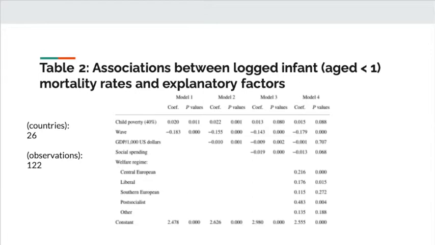Here we can see a pooled data study shown in Table 2. Results from this pooled cross-sectional time series analysis of 26 countries show the greatest correlation being between infant mortality rates and GDP. The infant mortality rate is conditioned by the wealth and economic characteristics of the respective nation that factor into the GDP. However, GDP is not just an indicator of economic prosperity, but also represents a trend of modernization